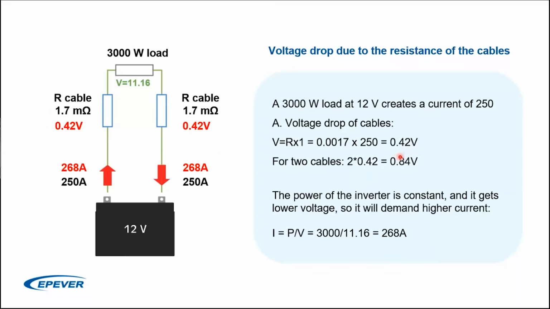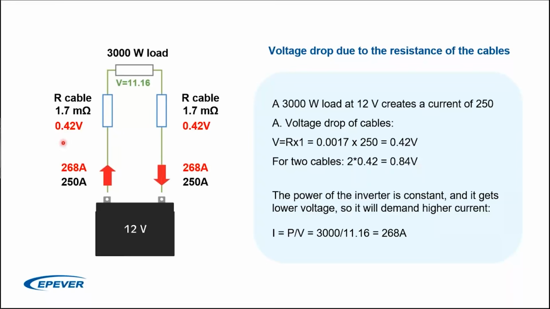These are all calculable. You see how we have calculated them. So the voltage drop is equal to the resistance of the cable, which is 1.7 milliohms, multiplied by the amount of current, which is 250. So you have almost 0.42 volts, almost half a volt voltage drop in this cable. And if you take into account the whole cable length, then you will have about 0.84 volts loss